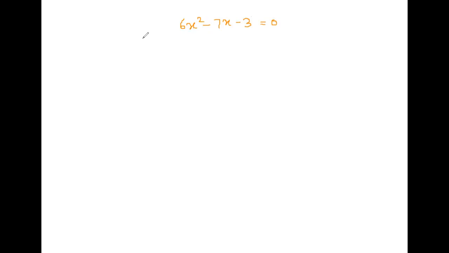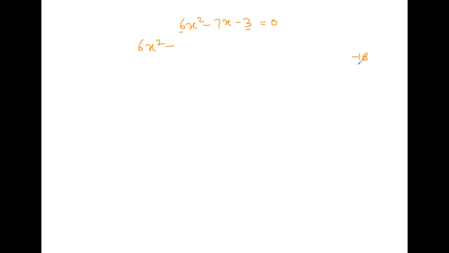So for the factorization method, I'll factorize this equation. It will be like 6x squared. Now how we can split this 7x, so the product should become negative of 18. Why negative of 18? Because you can see 6 and 3 should be multiplied, the coefficient of x squared and the constant should multiply, that will